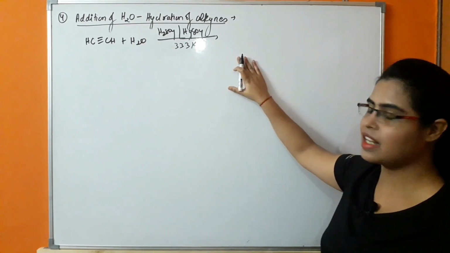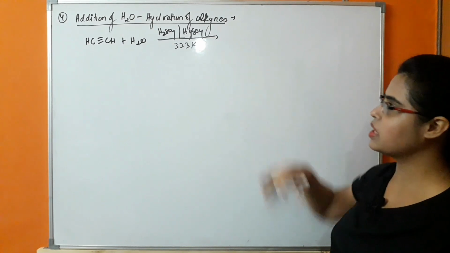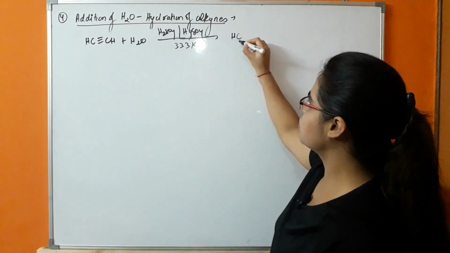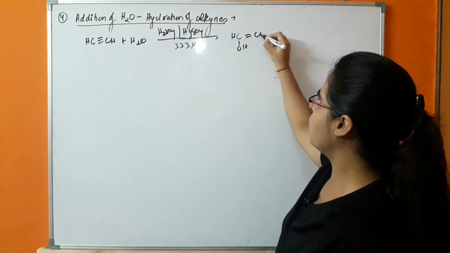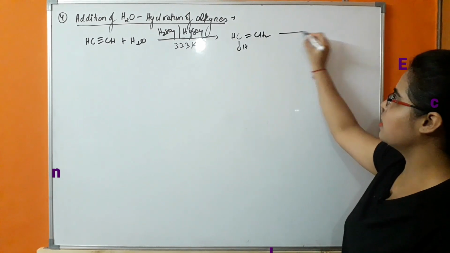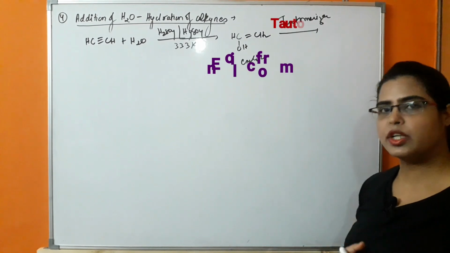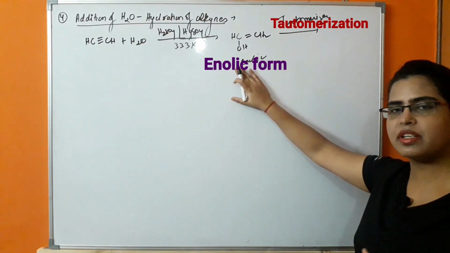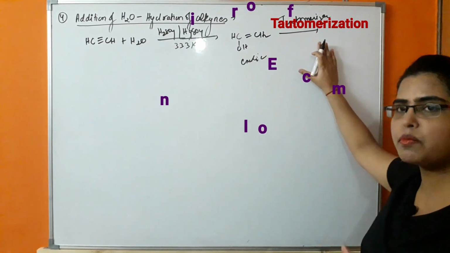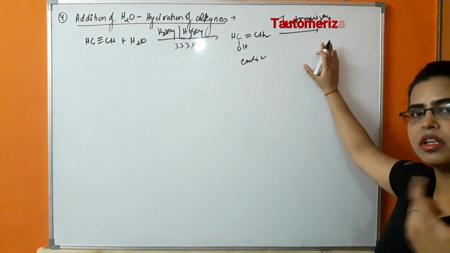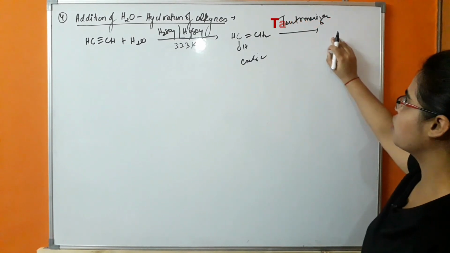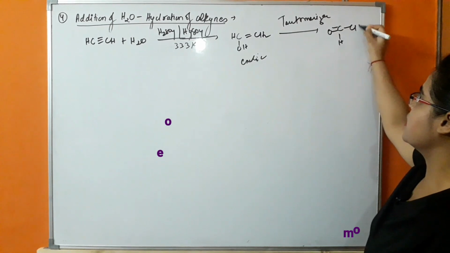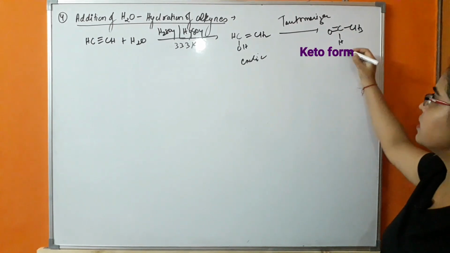So what will be happening, that is carbonyl compound. So what will be happening in this case, there will be formation of CHOH double bond CH2. Further it will tautomerize to keto form because the stability of enolic form is less in comparison to keto form. So it will form the compound which is having carbon double bond O. So there will be formation of C double bond O, HCH3. So this is acetaldehyde.